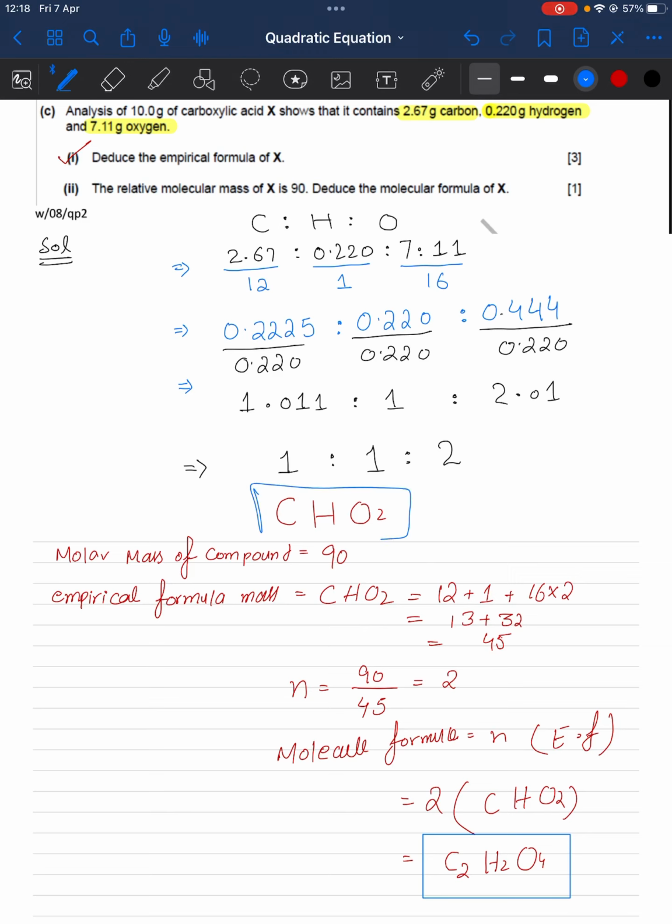Empirical formula of the compound is CHO2. So this is how we derive the empirical formula. In the next video lecture we will